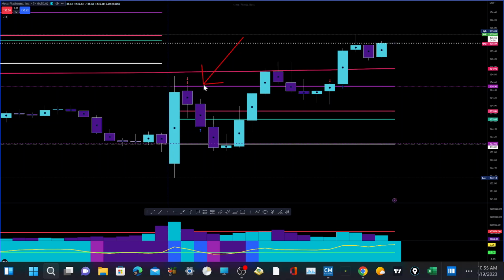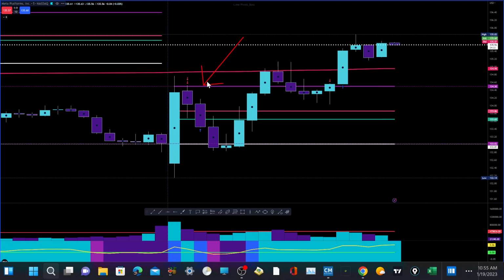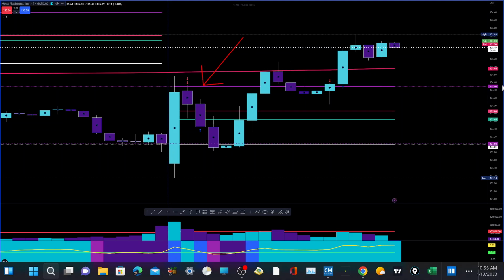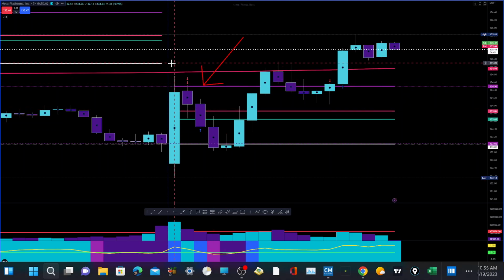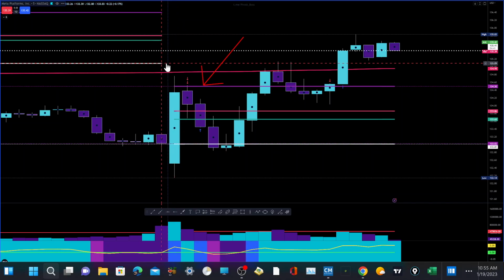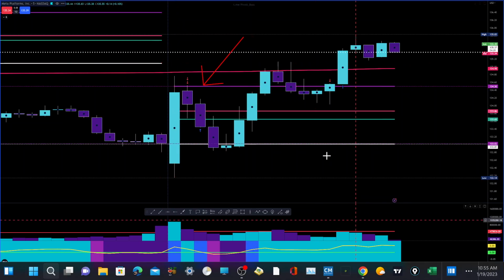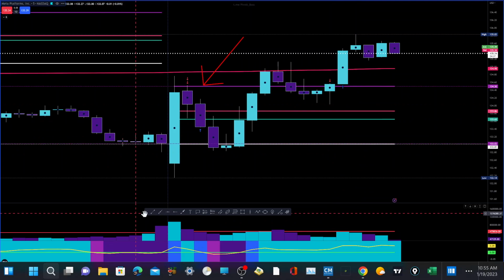The value area here is now at 1 to the 450. Yesterday's value area high was at 1 to the 450, and yesterday's value area low was 1 to the 509. So